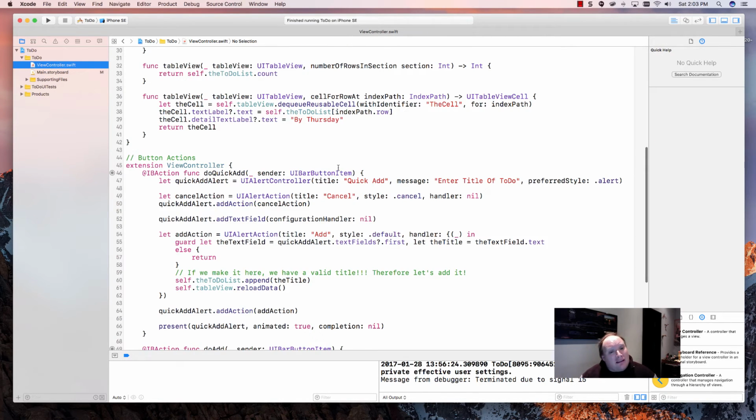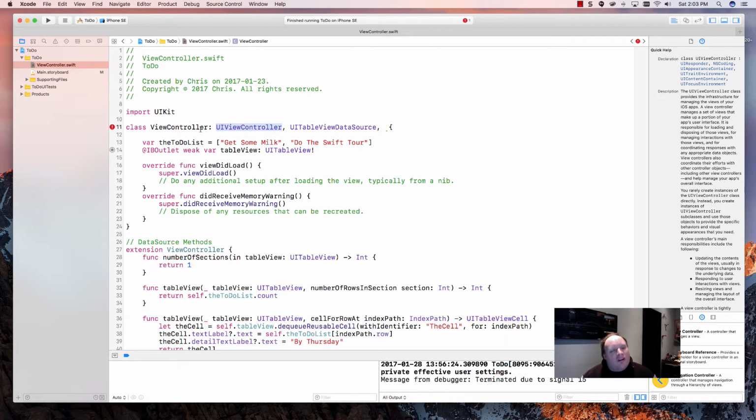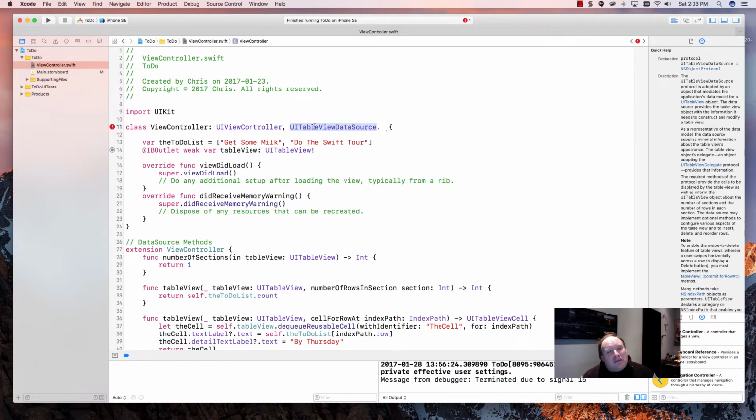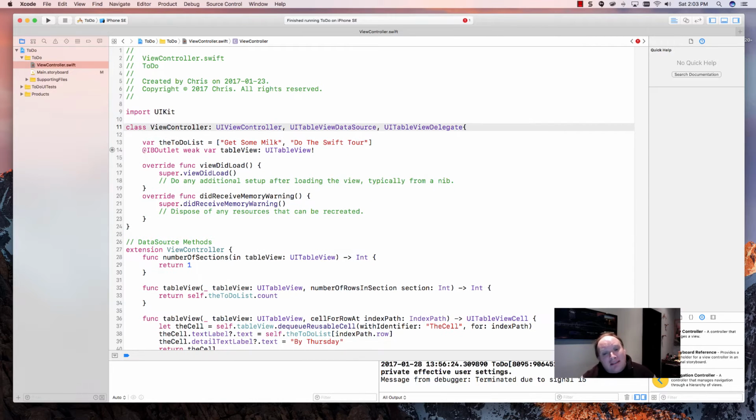So if we go back to the view controller, the first thing we have to do is make sure the view controller knows that it's somebody's delegate. So not only is the view controller a sub-view of UI view controller, and not only is it implementing the table view data source, but now it also implements what? The UI table view delegate. So this view controller now has quite a few roles. It's a sub-view of something, plus it implements two other